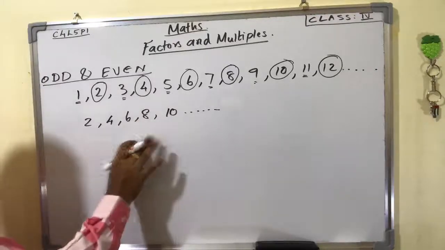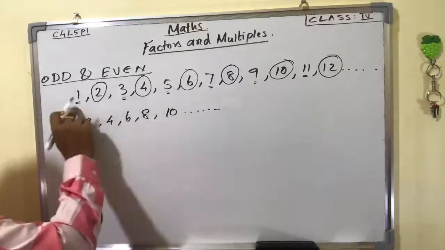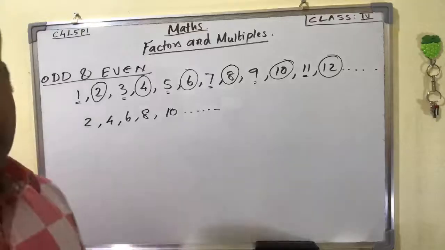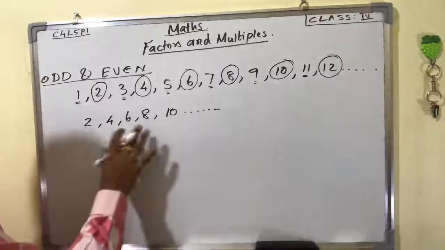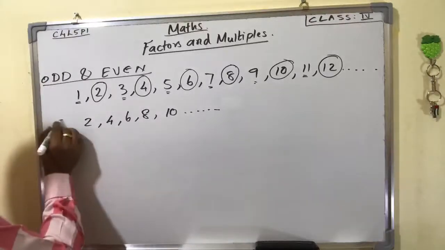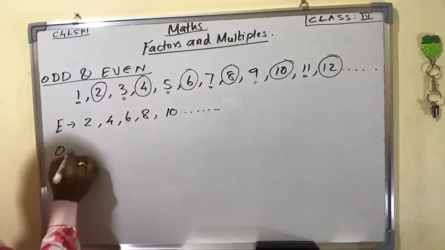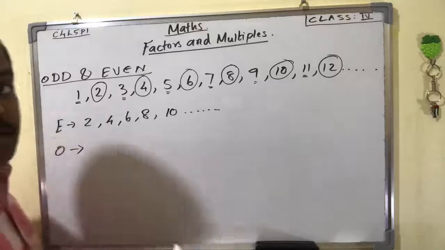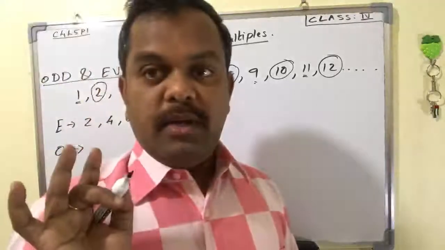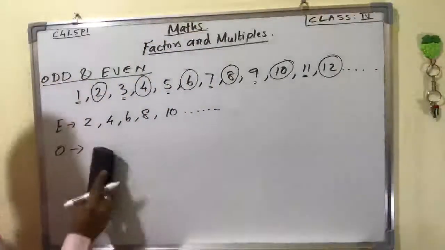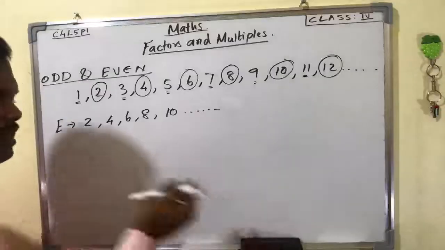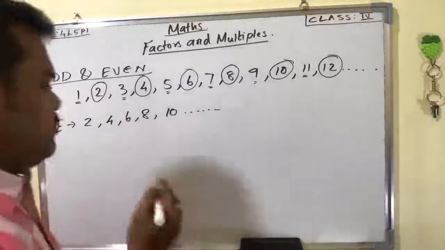Understood? Odd number means it is not an even number. Even number means it is a multiple of 2. Odd number means if it is not a multiple of 2, we can say odd number. And one more way, I will explain even numbers. Check the last digit, for example,